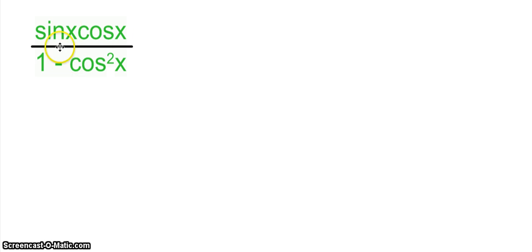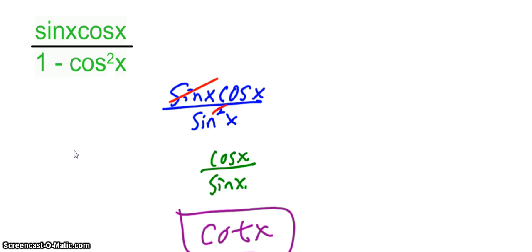Next one, simplify again. So pause the video, unpause when you are ready to check. Okay, so hopefully we got the same answer of cotangent of x. Now let's talk about how did we get that. Well, we have sine of x times cosine of x over 1 minus cosine squared of x. So the numerator I'm just going to leave for right now, but the denominator, that is screaming at me for